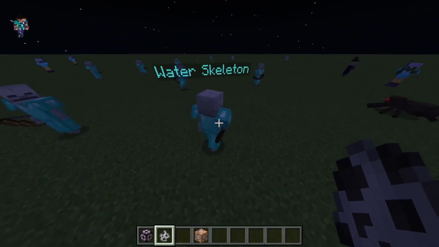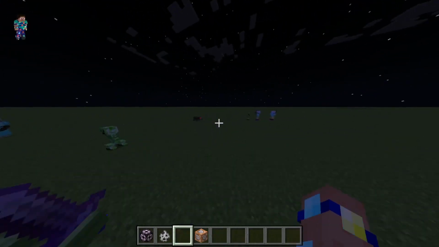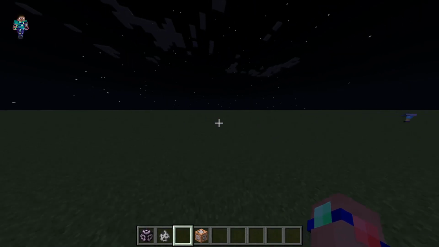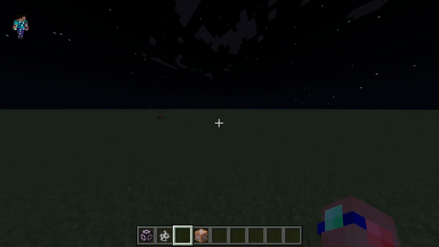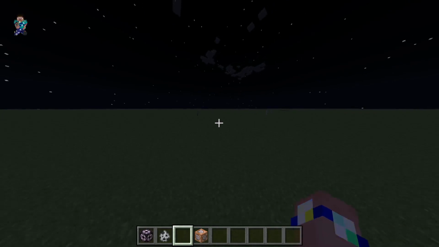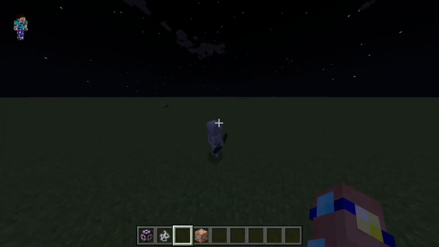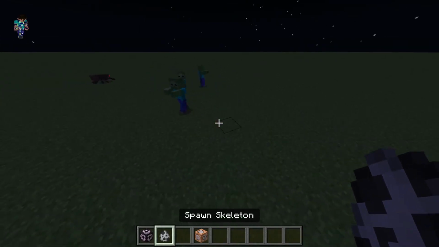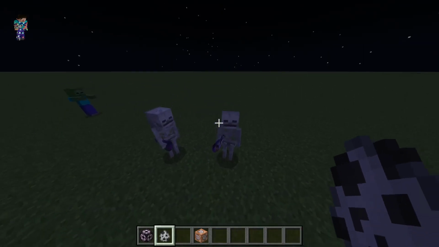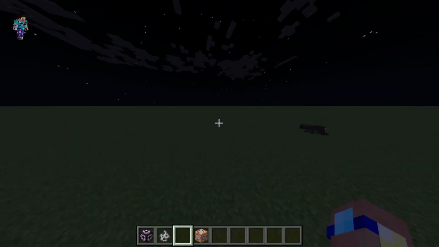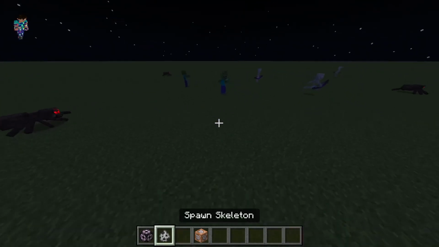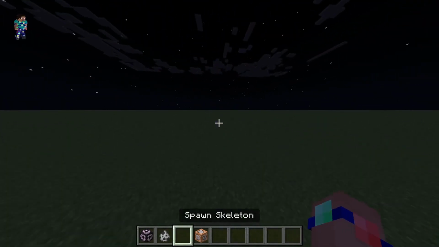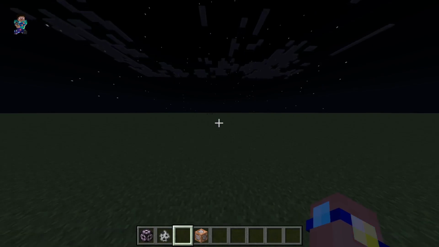So lastly, the one issue with this setup at the moment is if I fly away far enough from the command blocks so that they're not rendered, we do get normal skeletons that aren't going to change, and normal zombies. And even so, if we spawn skeletons, they're going to be normal as if we spawn zombies as well. They just happen to both have enchanted bows. See, that one didn't. So now if we go back here, what we need to do is set up a